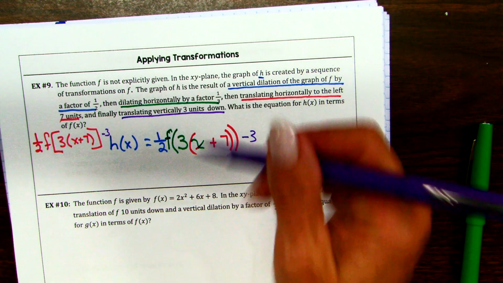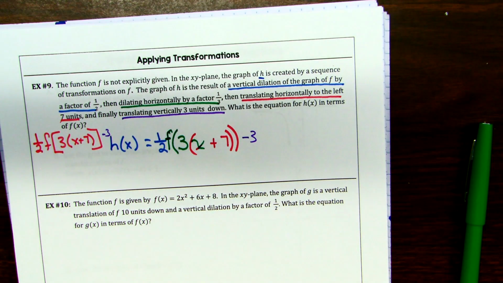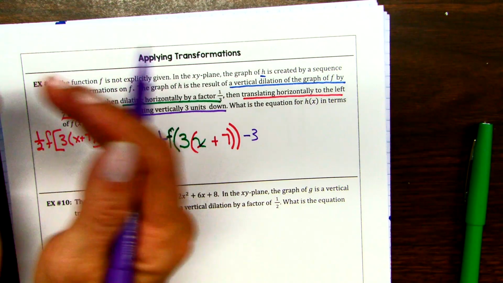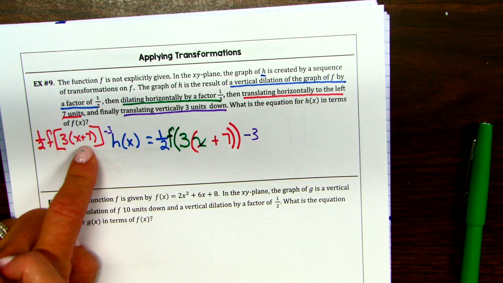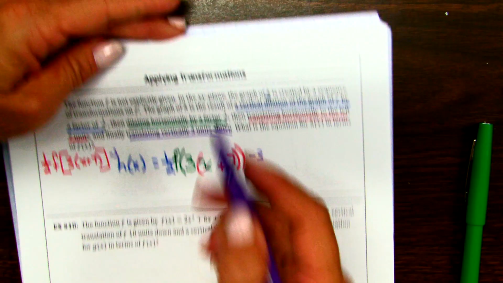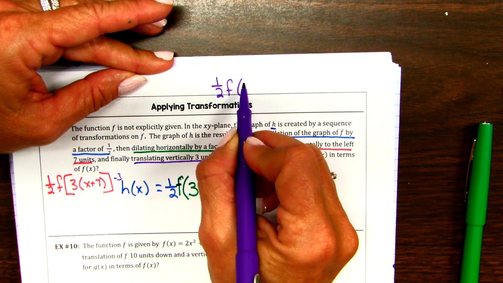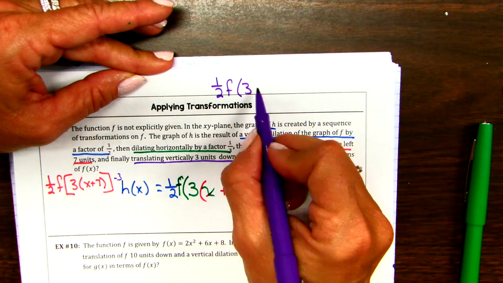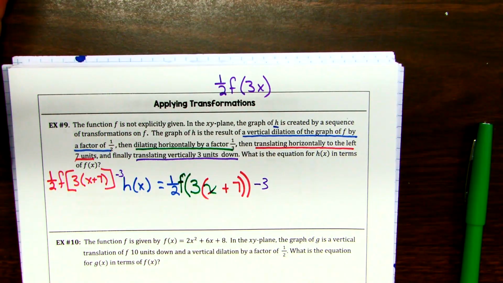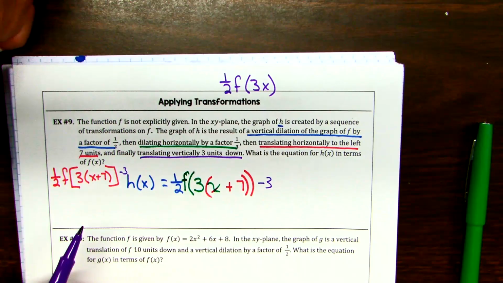It is inside with the x. And so Evan asked, why isn't the 3 with the x? It is inside with the x, but because we had another transformation in there, we had to kind of show them as two separate ones. If it didn't have the left 7, then you would have just left it like that. Okay, but because you had another one in there, you had to